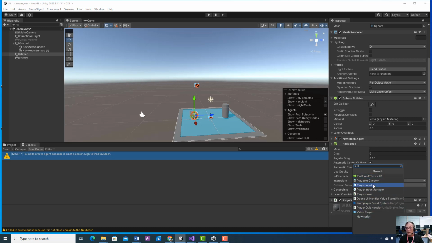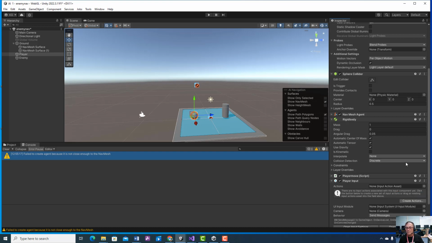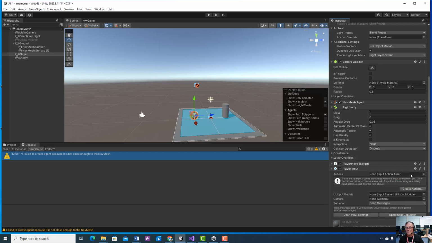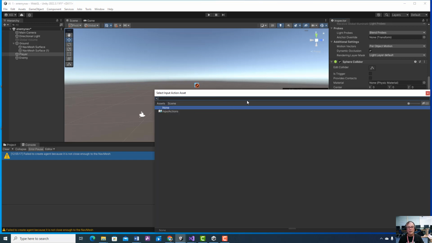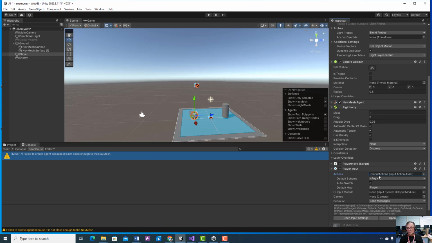Player input. Okay. And now we're going to go here and input actions. So if you don't have it, you're going to create input actions. Capital I, capital A. You hit that button and type it in. Input actions. Now I'm good. Now I think when I move,